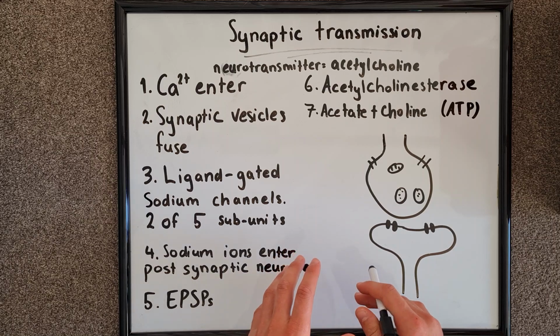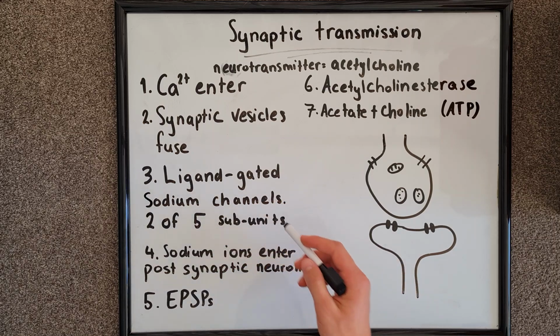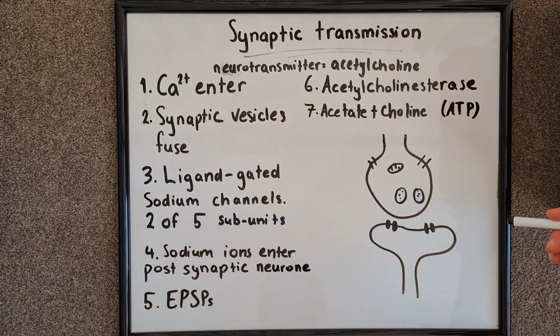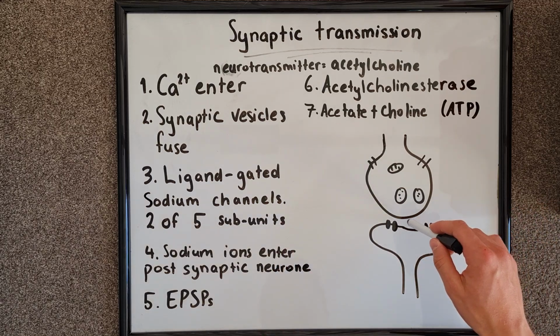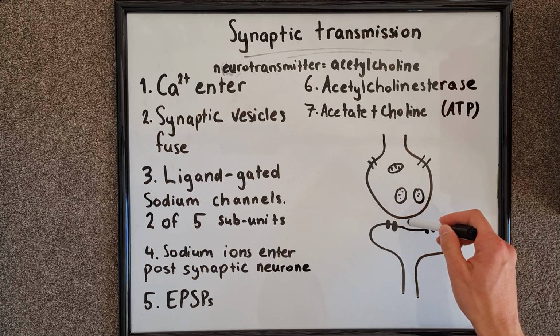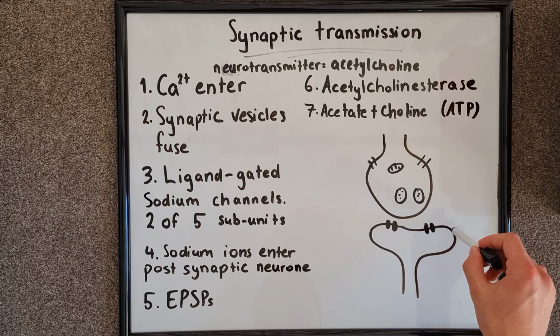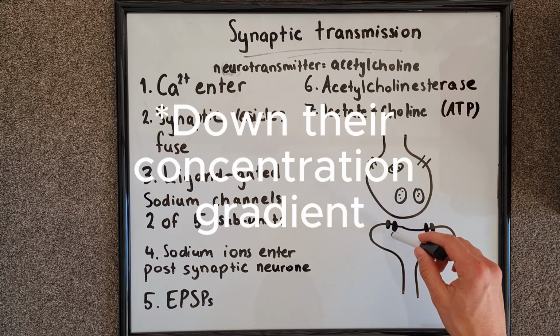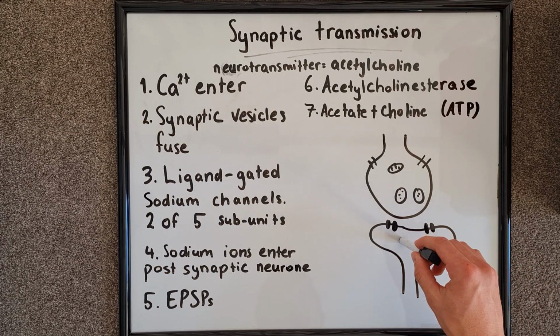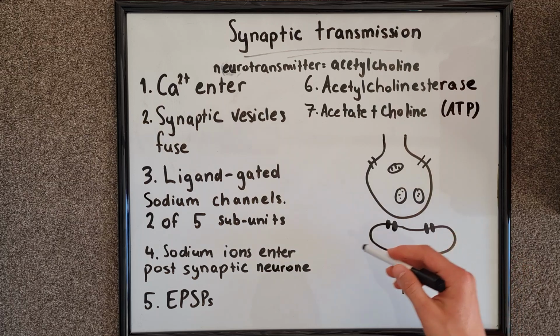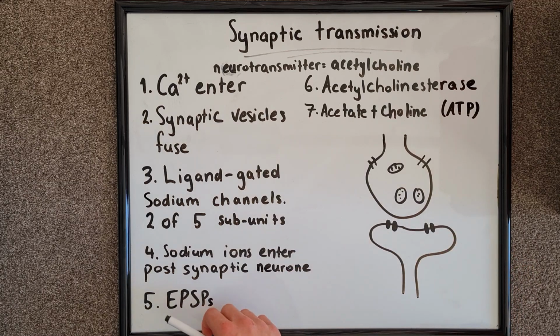When this occurs, the ligand-gated sodium channels will open, and this will enable sodium ions from within the synaptic cleft to enter into the postsynaptic membrane. So they will go through the postsynaptic membrane. This will cause an excitatory